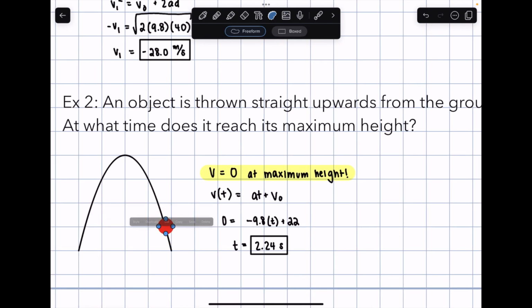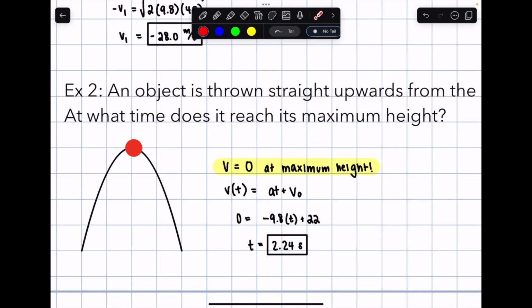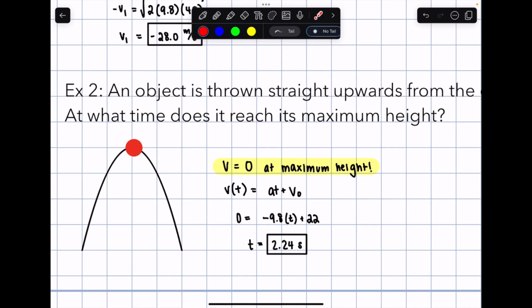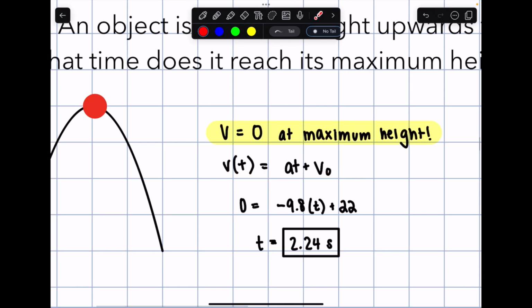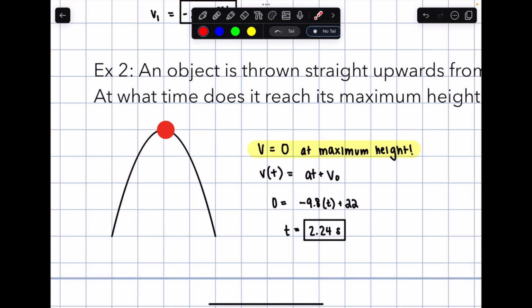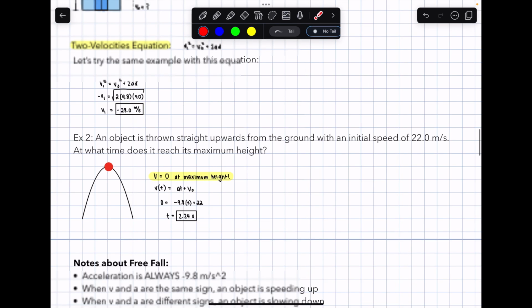And so to do that, there's one relationship that we need to keep in mind. When an object is at the top of a curve, its velocity is always going to be zero, especially when it's in a free fall, which means that we can just use our equations for velocity and set v(t) equal to zero and v naught equal to the initial speed right here. And so that's what you do, because